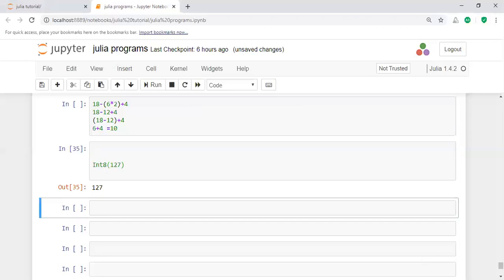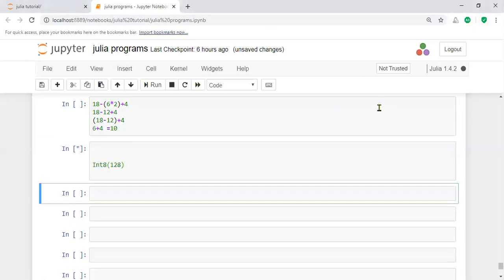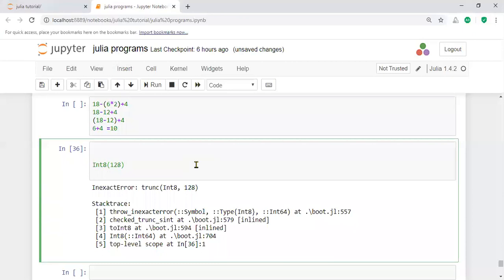If you add one to this number, that means 2 power 7, value 128, which is more than the range. Will it produce a result here? No. Why? Because it gives an error.